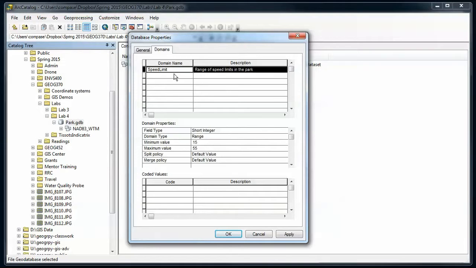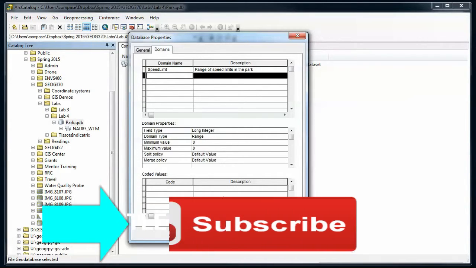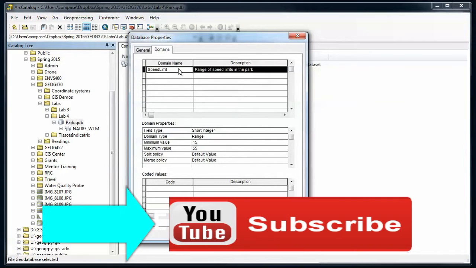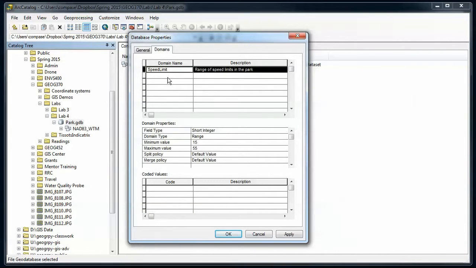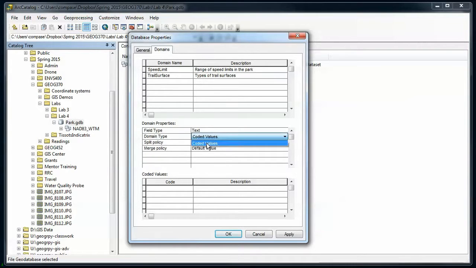Now notice as I switch between the two, these values down here are going to change. So the selection up here sets the properties and the coded values. So let's do a coded domain. And let's say we're going to have trail type, trail surface maybe. This is types of trail surfaces. And that's going to be a text field. So I'm going to set this up as a text. Use coded values here. Code and description. So I'm going to say